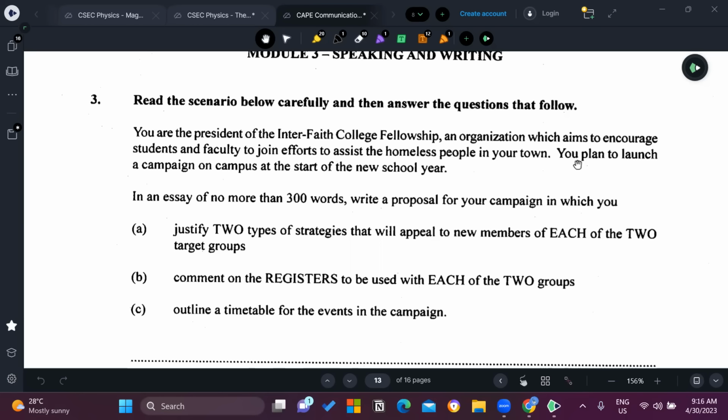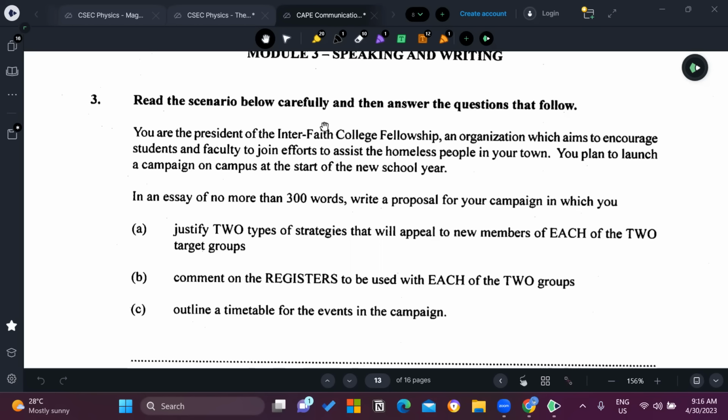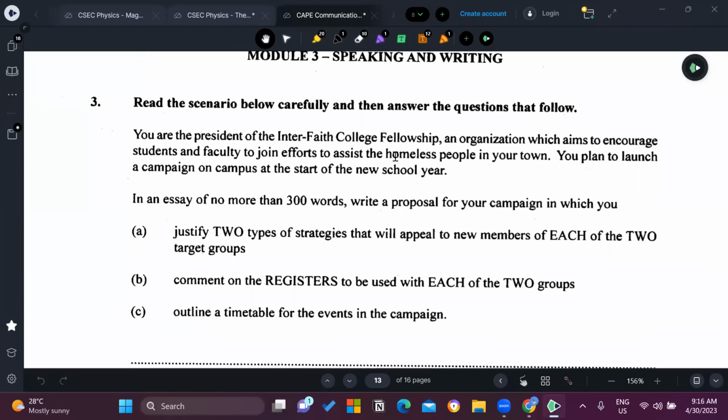It's usually a proposal. This is where you'll include your rhetorical appeals, talk about registers, and even talk about persuasive techniques if need be, right? So let's see what this is. This is the 2018 paper. By the way, I've been doing the 2018 paper for the samples all this time. So go back and look at that Module 1 and Module 2 essay. I'll have it in the cards.